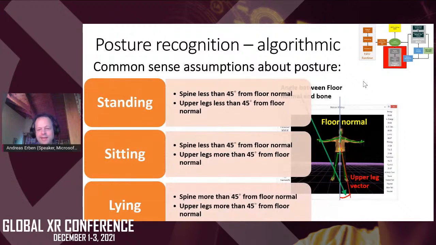Besides really fancy AI, you can do some very straightforward calculations to distinguish between postures. Standing means your spine is straight and your legs are straight, more or less, maybe up to 45 degrees. Similarly, if you're sitting, your spine is straight and your upper legs are at 45 to 90 degrees to the floor, maybe a little bit up, maybe a little bit down. And lying down, your spine is more or less parallel to the floor, maybe a little bit up or down, but it doesn't go up. And you get a good idea about some basic postures